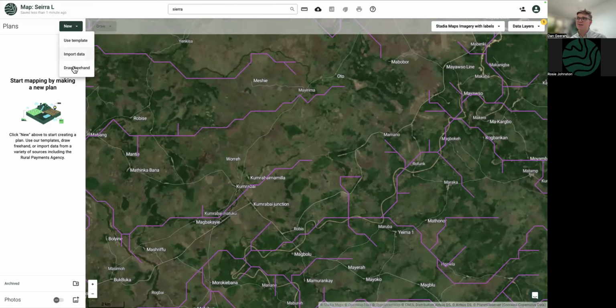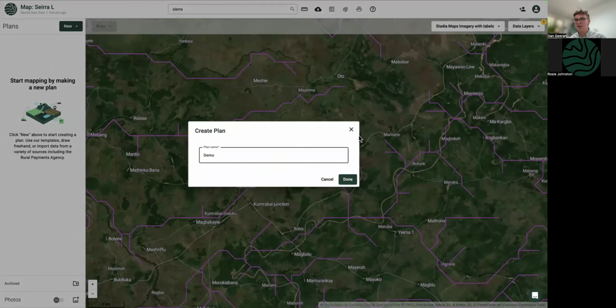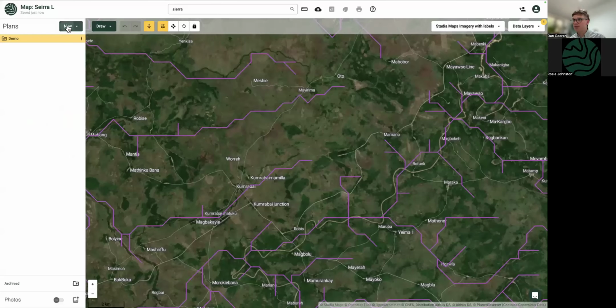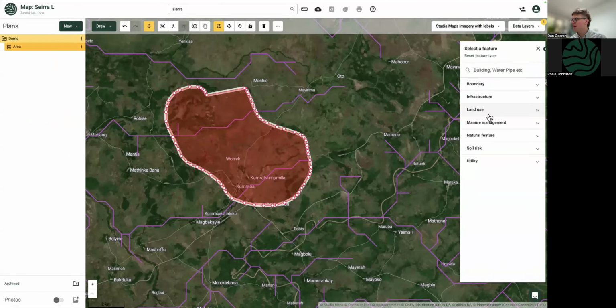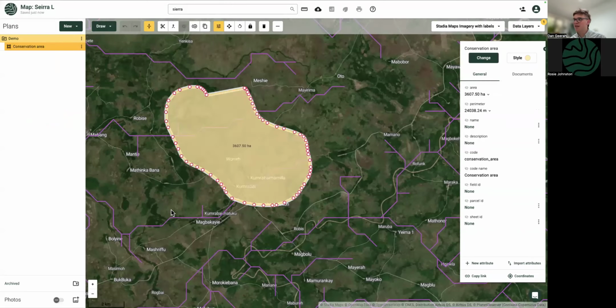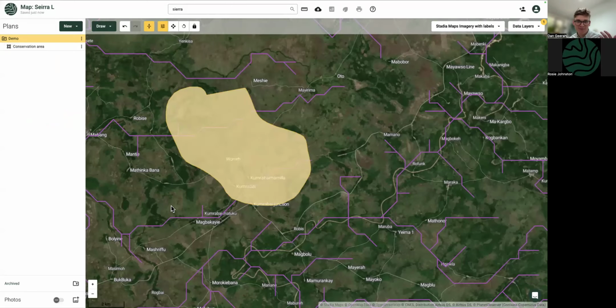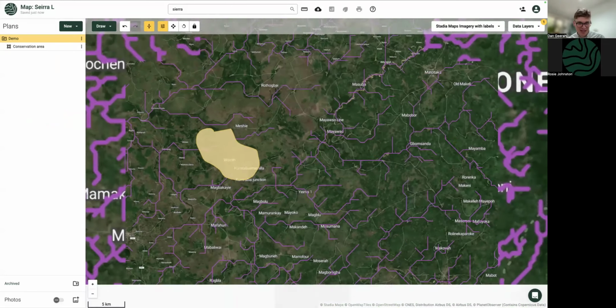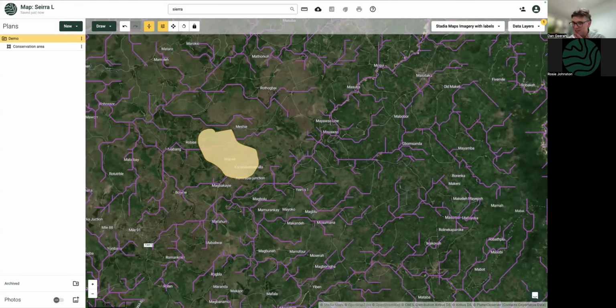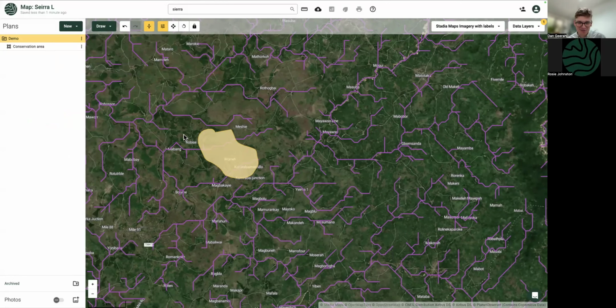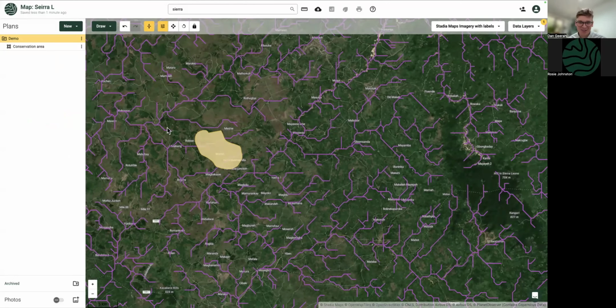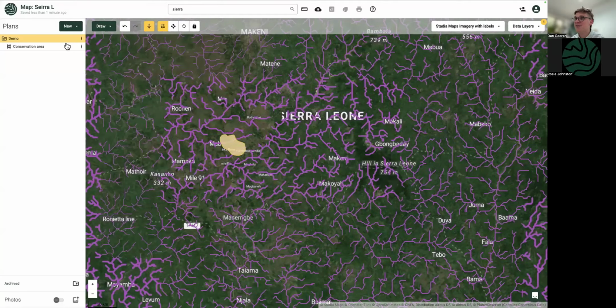But it means that I can now start drawing shapes in Sierra Leone, for example, showing people what's where, what it looks like. And obviously, I'm not going to do too much, but start mapping conservation area, for example, in Sierra Leone. So yeah, it's coming. It's not there quite yet, Burns. So thank you so much for the question. And that's it. Wasn't planning on showing that nor sharing it, but yeah, once we got someone who's dialed in from the continent of Africa, it's always quite nice to show those things.